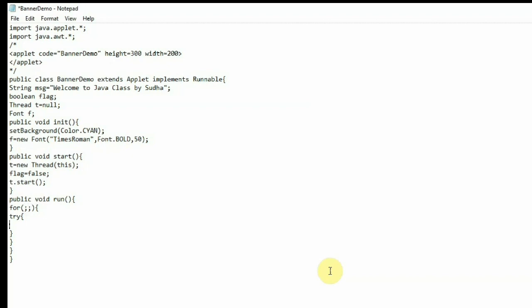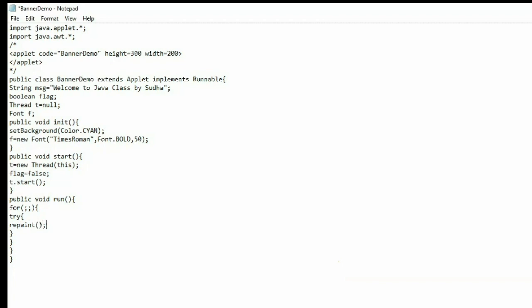That's the reason why I have taken an infinite for loop. And since we are making the text scroll, the thread execution is interrupted every 1 second. For that, we need the sleep method, because we are making the thread sleep for 1 second.